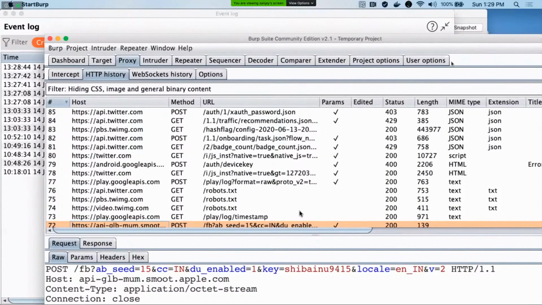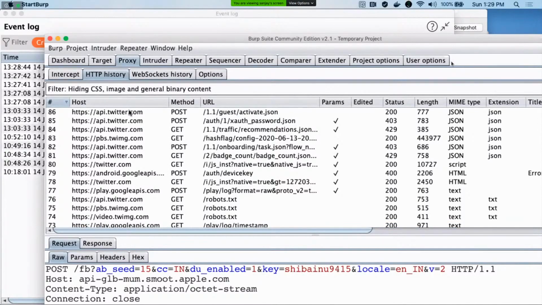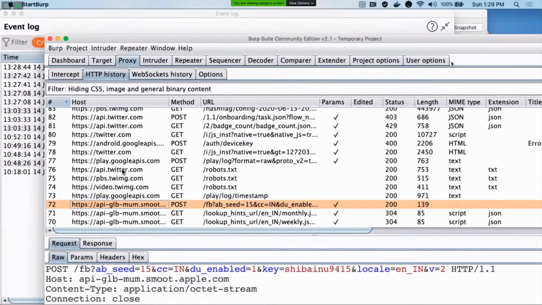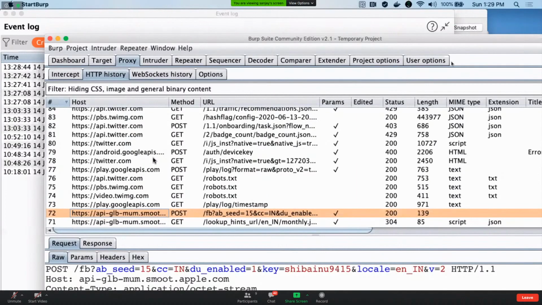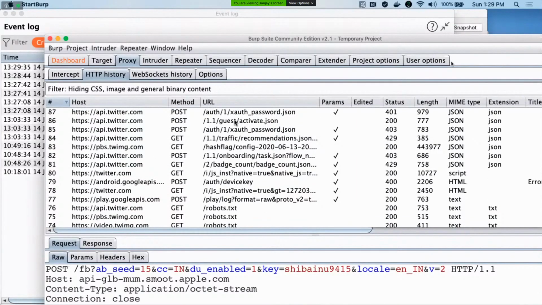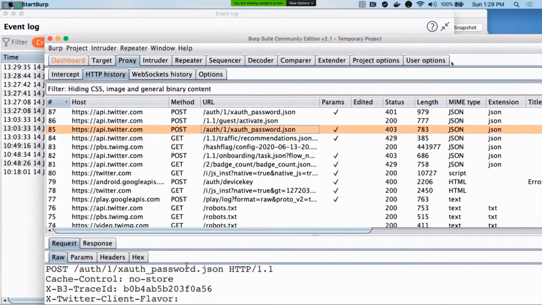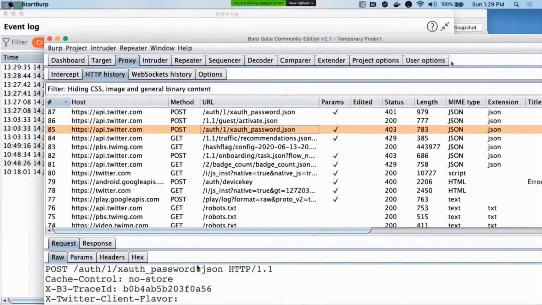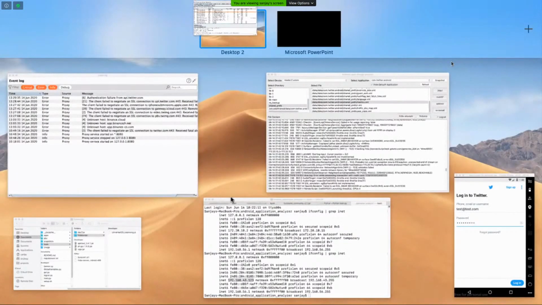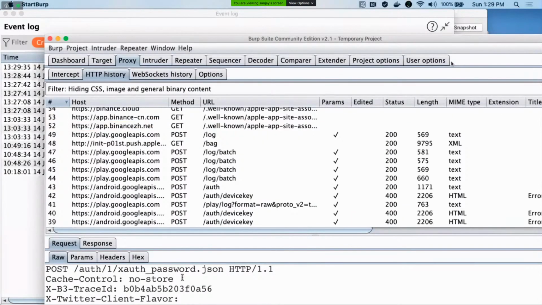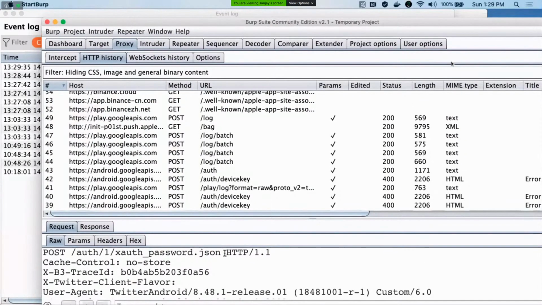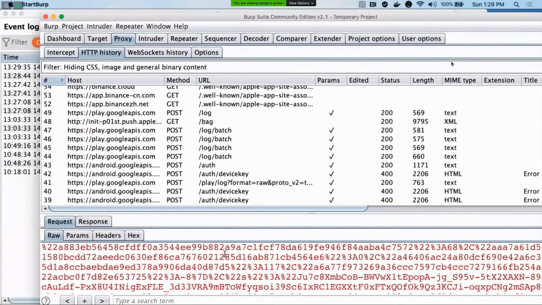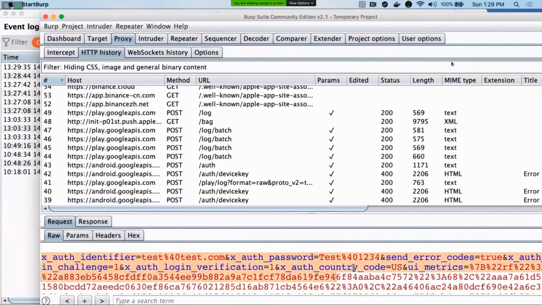Okay, and in the proxy history also, you can see we are able to capture the traffic of api.twitter.com. Okay, and this is the XAuth request, inside which our credential is transported in the request.